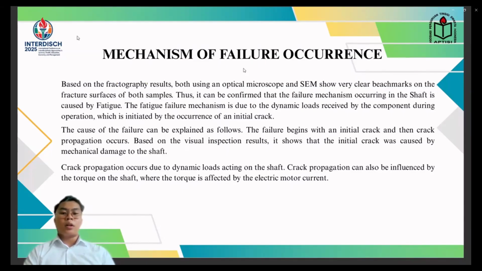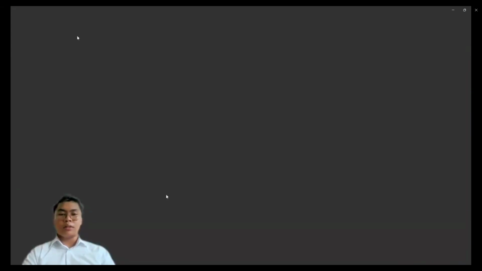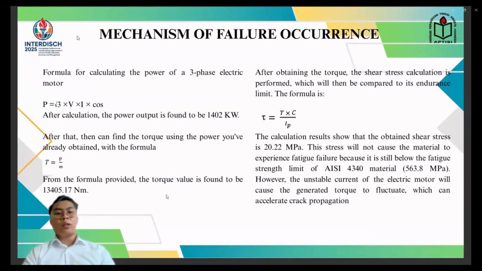Based on the visual inspection result, the initial crack was caused by mechanical damage to the shaft. The crack propagation occurred due to dynamic load acting on the shaft. Crack propagation can also be influenced by torque on the shaft, where the torque is affected by electric motor current. This is the formula for the power of a 3-phase electric motor. After calculation, the power output is found to be